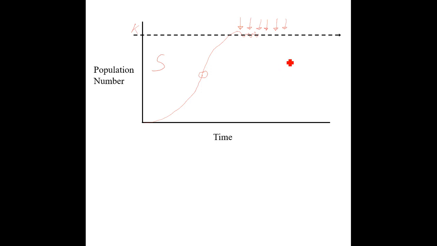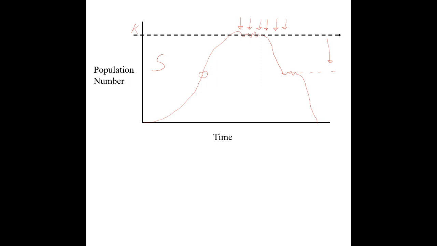There might be a significant environmental change, and carrying capacities can change. So this carrying capacity might drop, and now there may simply not be as many individuals that can survive. So we would have a die-off within the population, and they might hover around that new carrying capacity. If something does happen and it goes all the way down here, of course, that's referred to as extinction